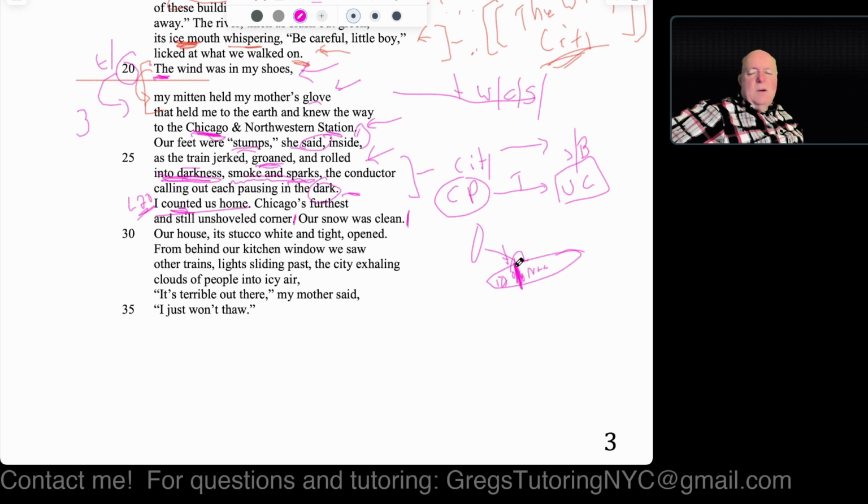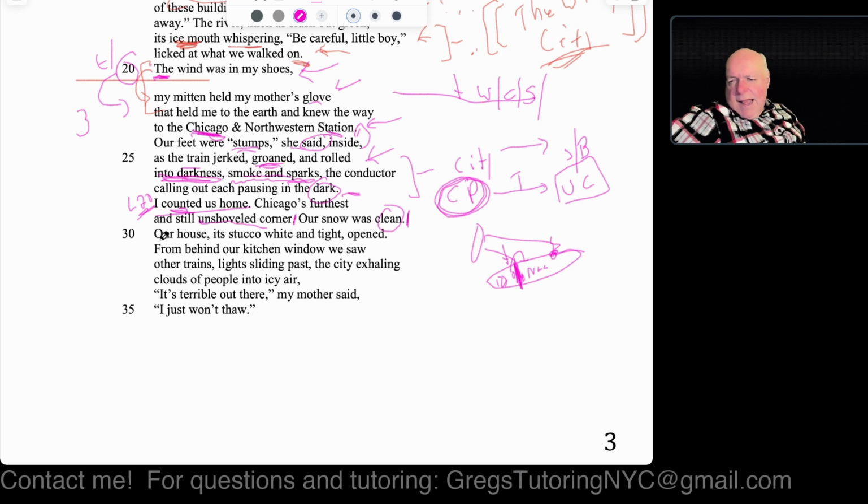So, did they just live, let's say, in the outskirts of Queens, a similar kind of thing? Or were they actually farther out in Long Island, where they would not only have taken New York City transit, but they would have taken a railroad, and they're all the way out here, right? Where again, between two stops might be 10 miles or something. That never quite gets resolved here, but we can safely assume that they do leave the city proper. All right, so that could be key to some of what's happening here. And so that's the reason why they may see an unshoveled corner, and the reason why their snow was clean, because it's less traffic, less people. The city hasn't cleaned it yet, all those kinds of things.